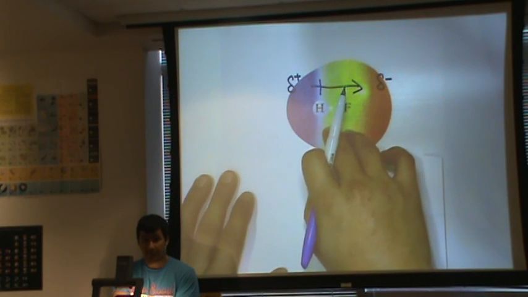Dan is smirking back there, I don't know why. Because electrons